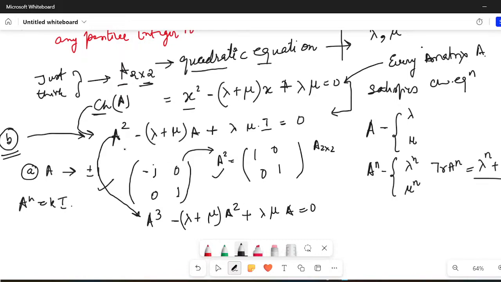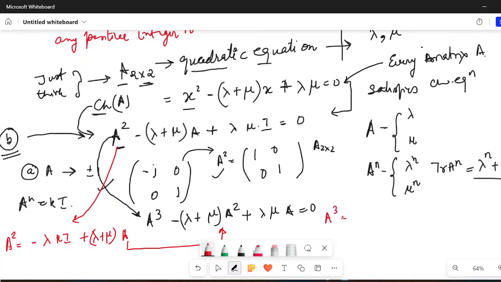Now I already know what my A square is. My A square is simply minus lambda mu identity plus lambda plus mu times A. So just replace this A square here. What you will get is A cube minus lambda plus mu times A square, and A square is minus lambda mu identity plus lambda plus mu